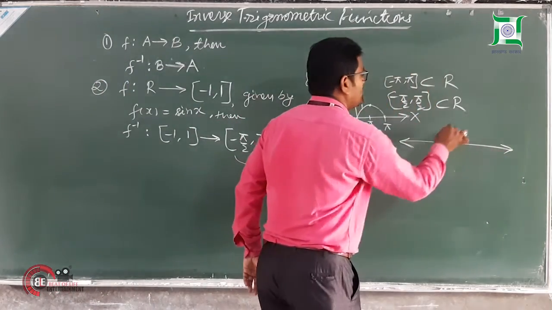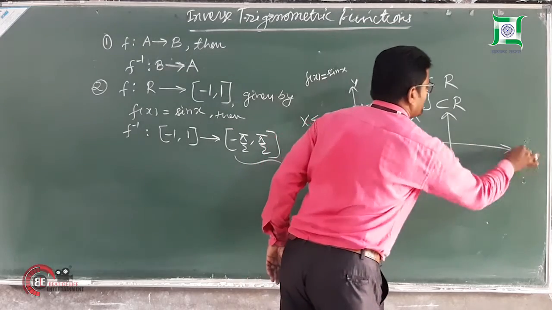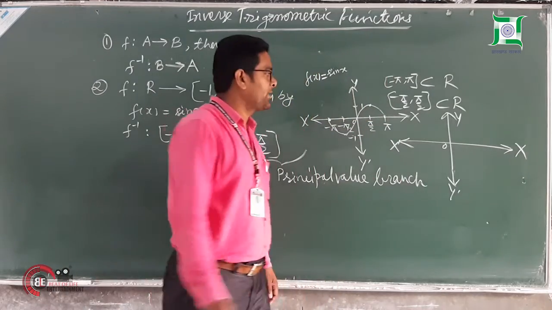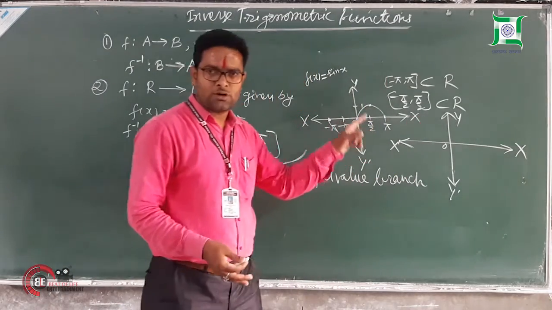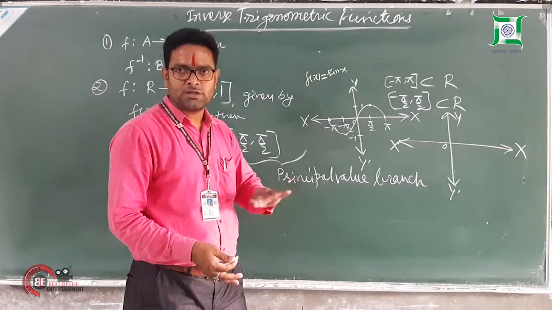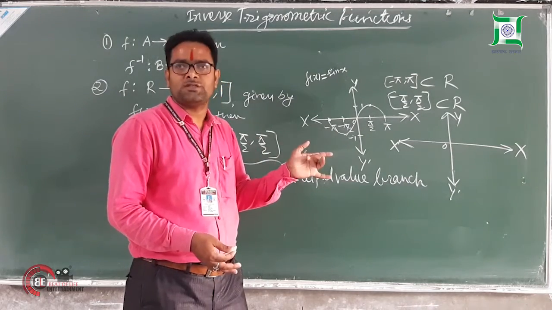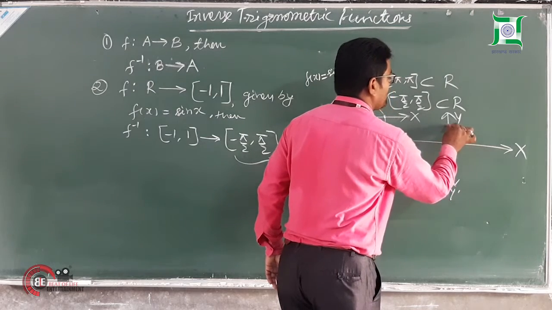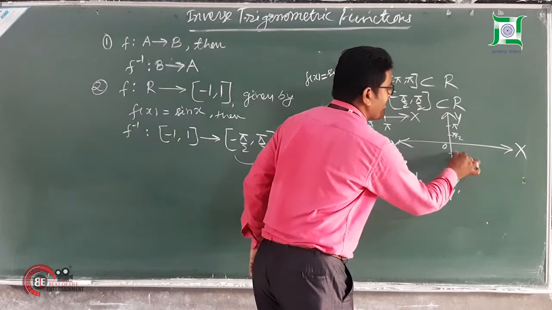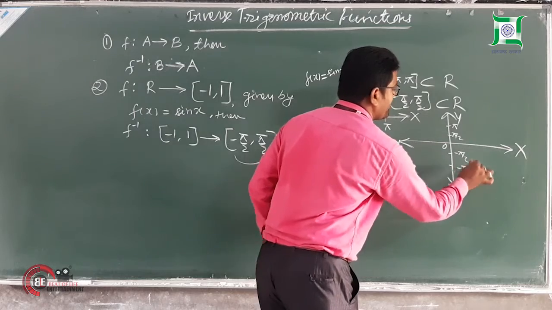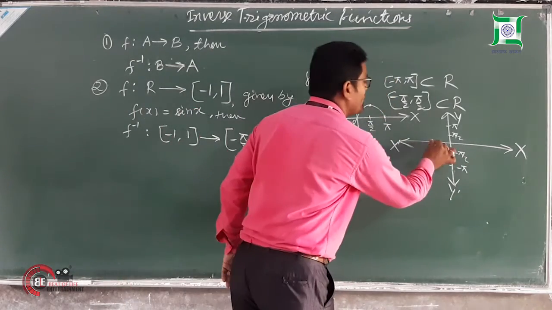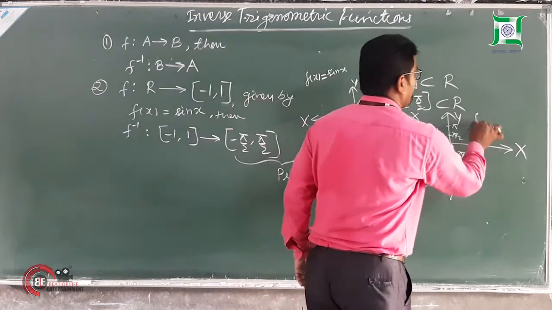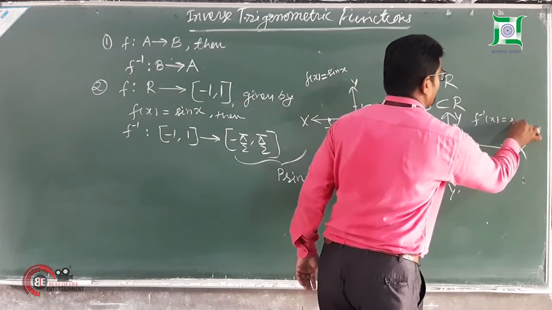If you draw the graph for the sine inverse function, what will you get? Just take these values on the y-axis, because for the inverse function they change their domain and range. They interchange. So that's why let us change. It will be pi by 2, it will be pi, and here it is minus pi by 2, and it is minus pi. Now, minus 1 and 1 come to this side as we are changing the function. So, if it is f inverse of x, that is sine inverse x.